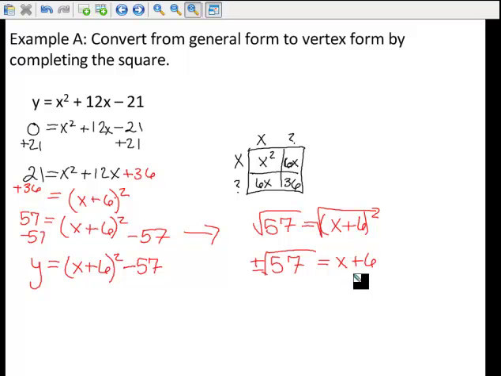And if we solve for x by subtracting 6 from both sides, then we have negative 6 plus or minus the square root of 57 equals x, which is going to be about 1.55 or negative 13.55